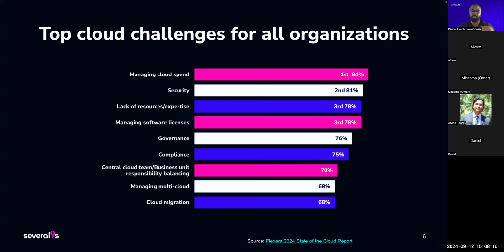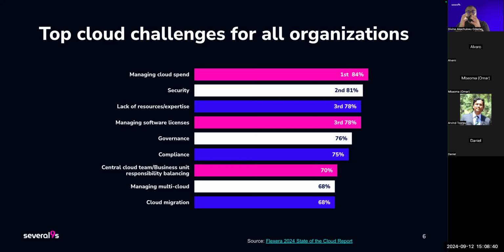All of which leads to the challenge of managing cloud spend. Then managing software licenses, we can talk all day about that. We know about the Redis software licenses. Elasticsearch is open source again, but other licenses are still in place. So that brings about ambiguity. Organizations are not sure what is happening.